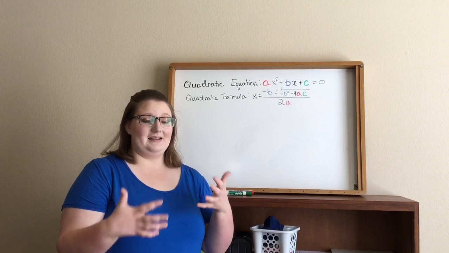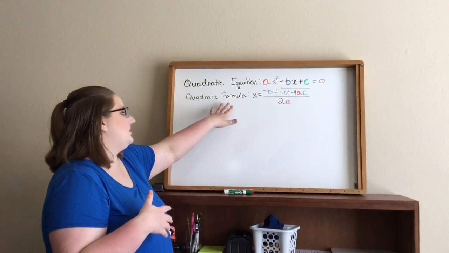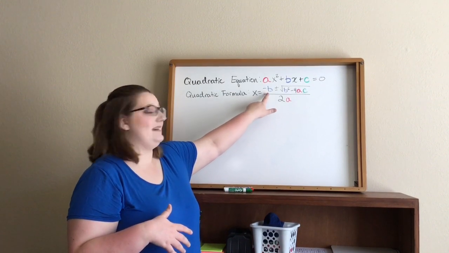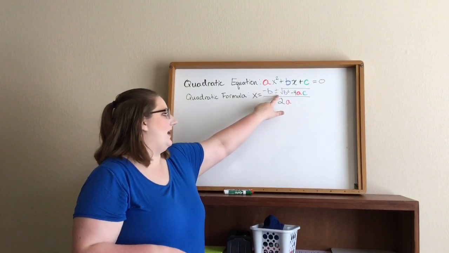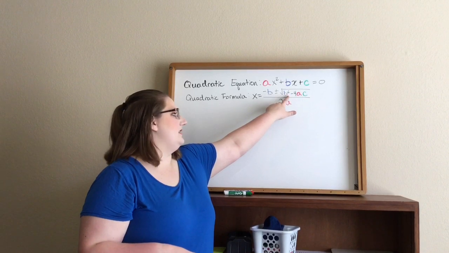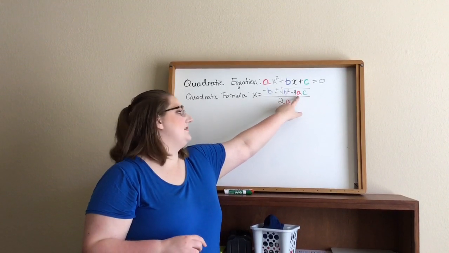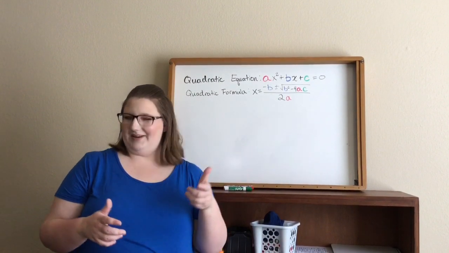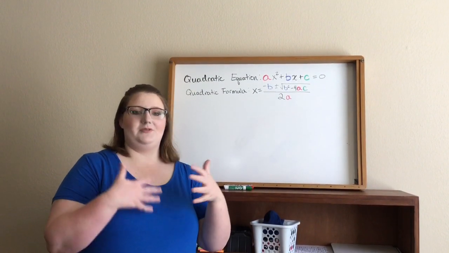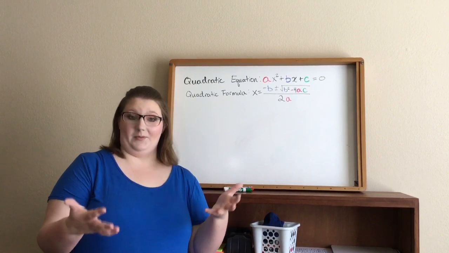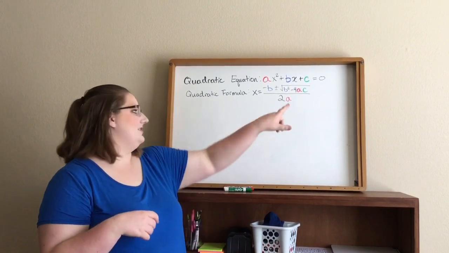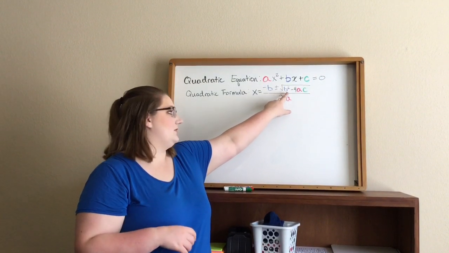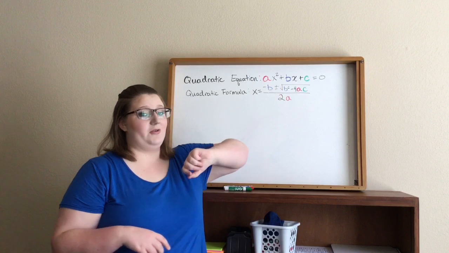So to find those numbers, we use what's called the quadratic formula. And that formula is x equals negative b plus or minus the square root of b squared minus 4 times a times c all over 2a. And we briefly talked about this before using the tune of Pop Goes the Weasel to help you remember the quadratic formula. So x equals negative b plus or minus the square root of b squared minus 4ac all over